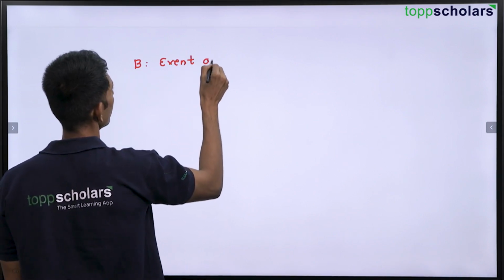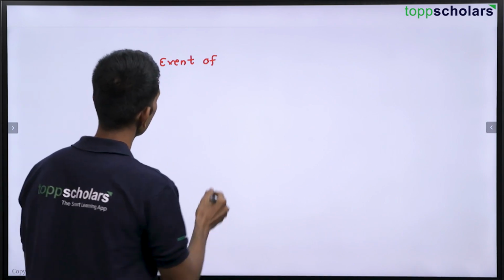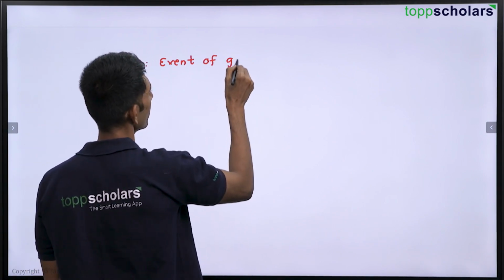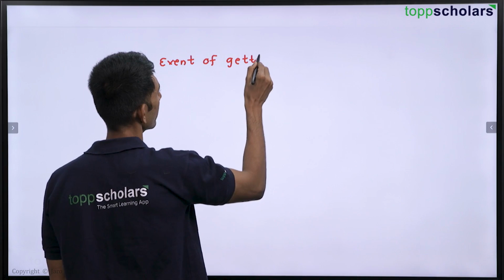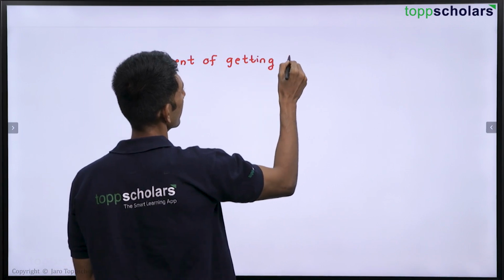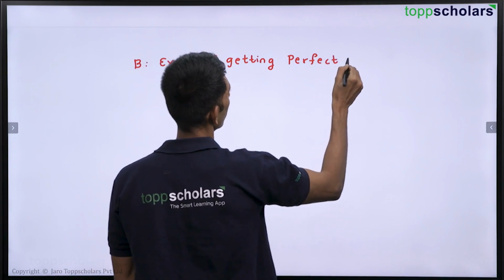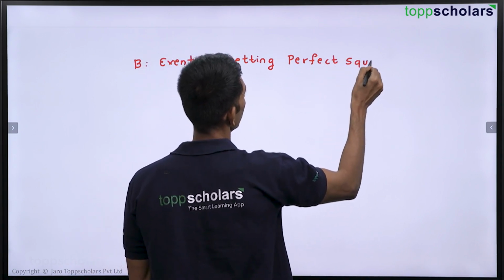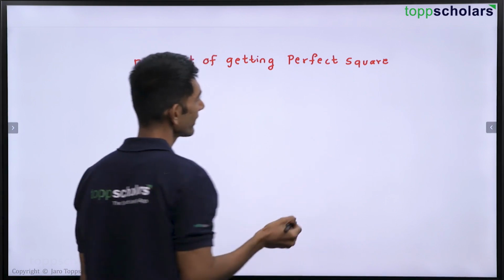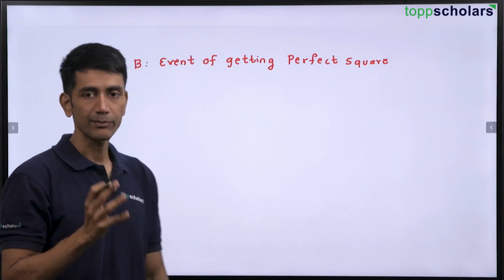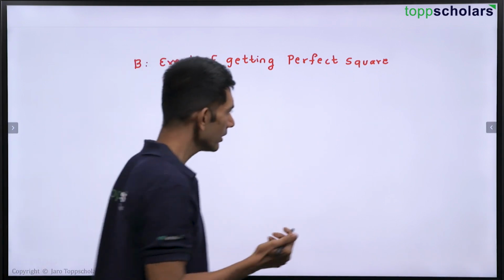It's an event of getting a perfect square, right? Now this is interesting. When I say perfect square, that means it should be the square of a natural number or